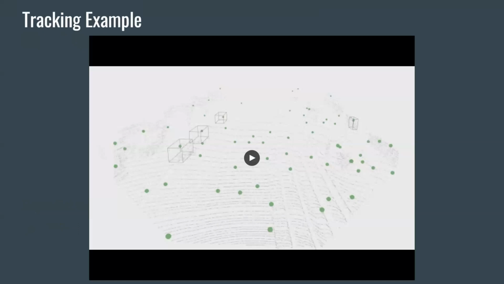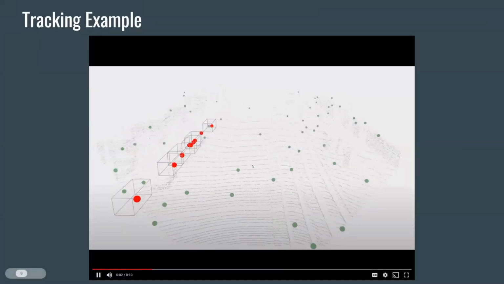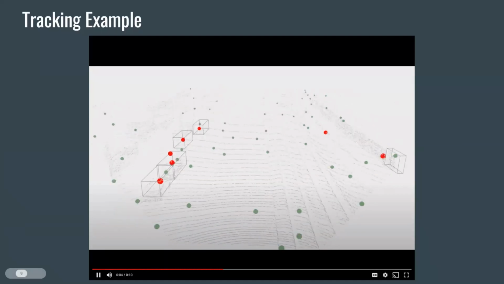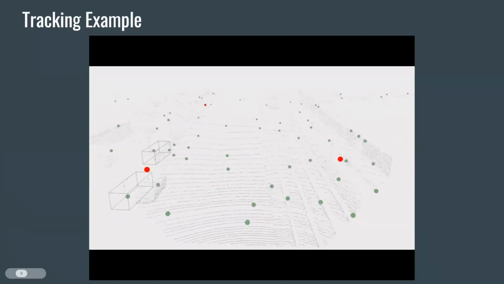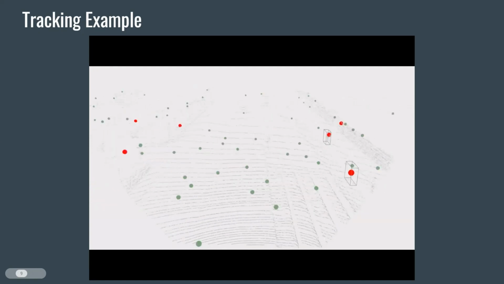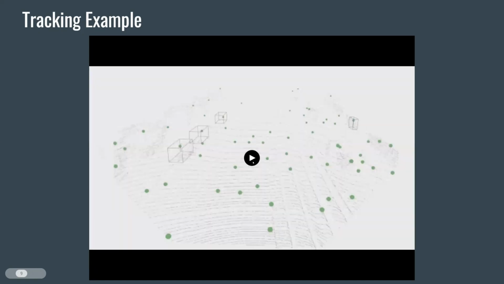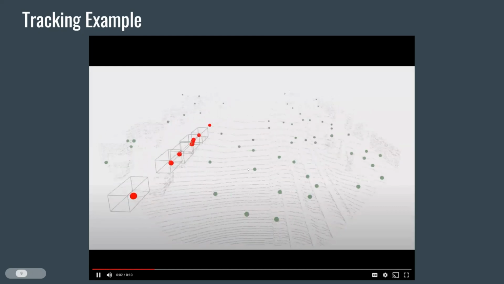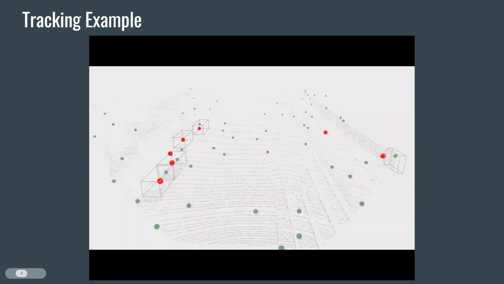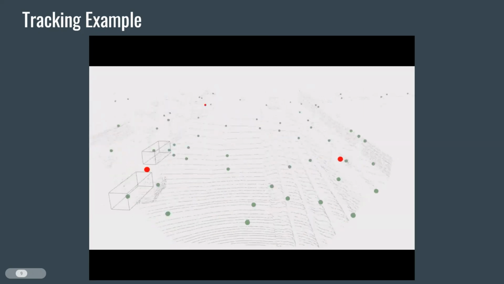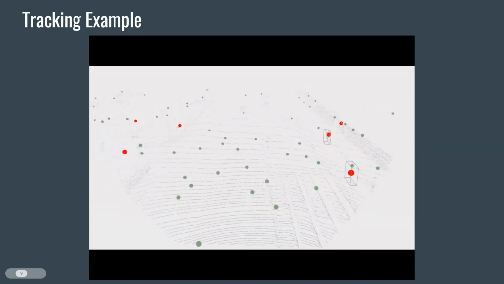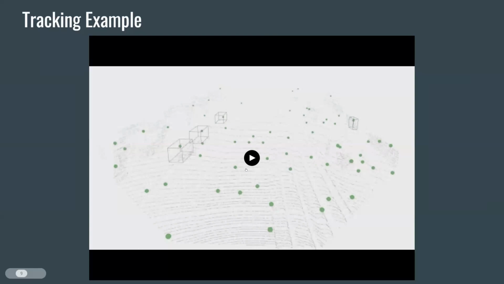So here, I'm going to show some qualitative results that we've generated. This video is of a car driving down the road, and you can see on the left-hand side, there were a lot of points that were red, and those red points are reused object queries. And a lot of the times they're picking up the same object and redetecting it, and that could be used for tracking, but it's also showing that we can look in that same spot for similar objects, and those are cars just parked on the side of the street, so it's helping to detect more of the cars.